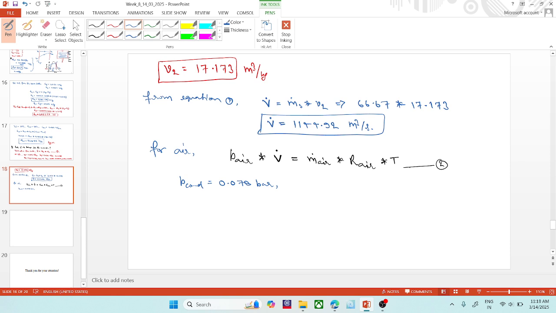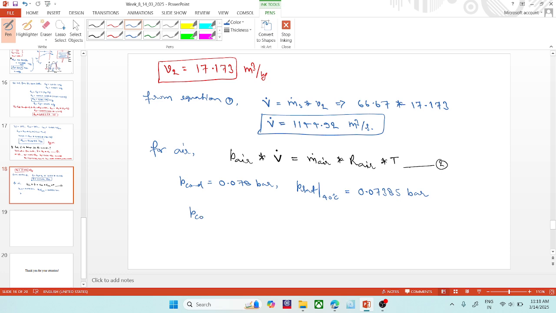And the saturation pressure at 40 degrees centigrade, which we find from the steam table, is 0.07385 bar. And we know that